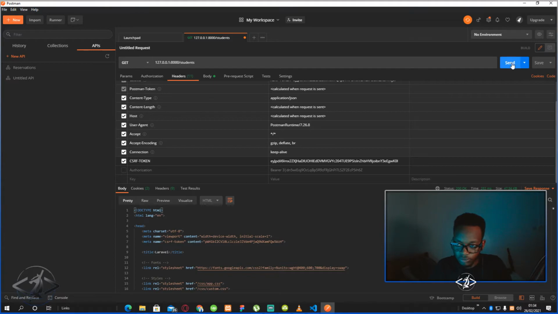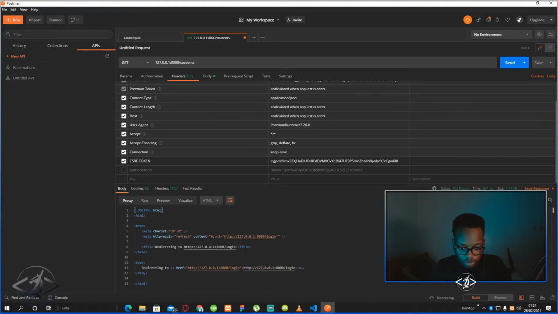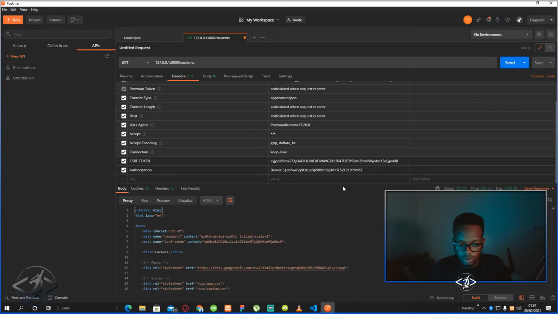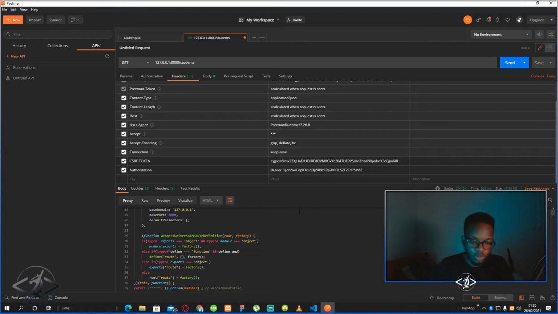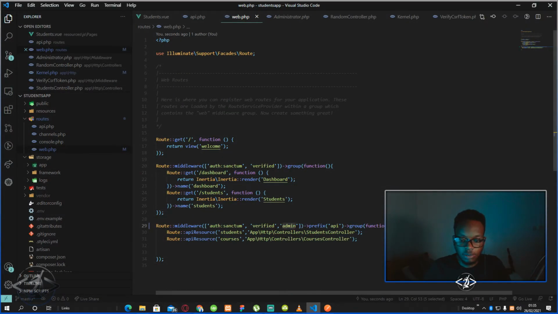like so, then it will tell me to log in. But because I have now the authorization to check it out, then I can check it out. Simple as. So that's how it looks, and that's pretty much how you set aside those things. So that is Sanctum middleware authentication, and it's actually not so hard if you really think about it.